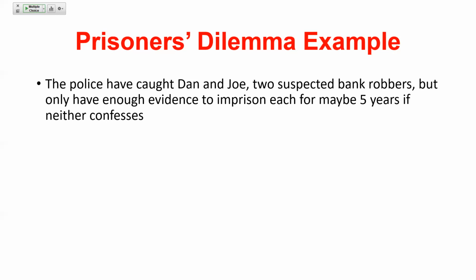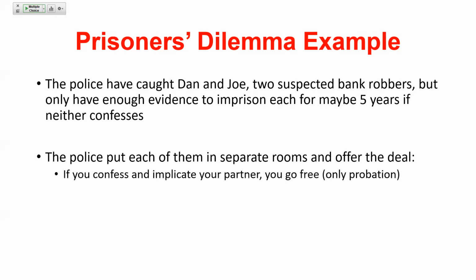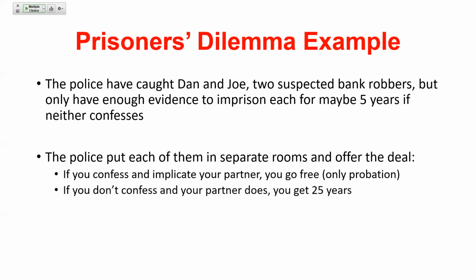Right? They both don't confess. If they put each of them in separate rooms and they're making simultaneous decisions about whether or not to confess, if one of them confesses and the other person doesn't, they go free, right? And the other person gets 25 years, okay? So if Dan confesses, he's going to go scot-free, snitches on Joe,